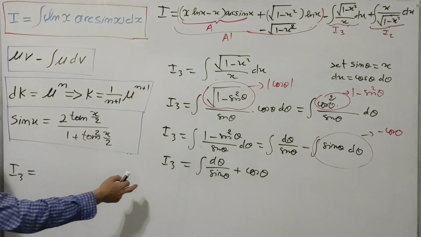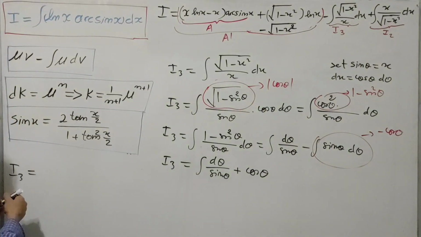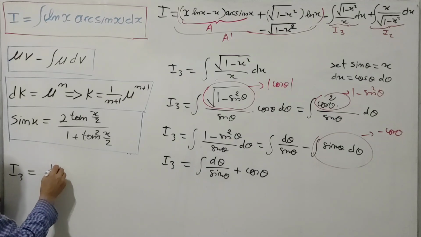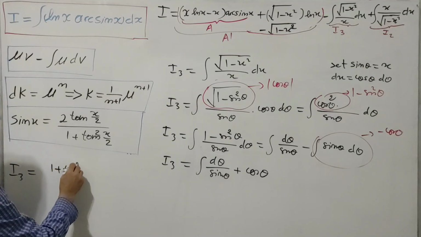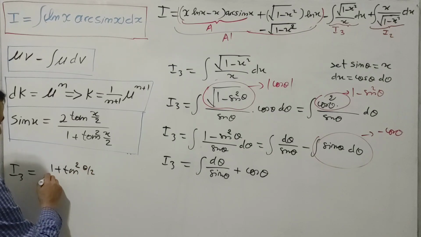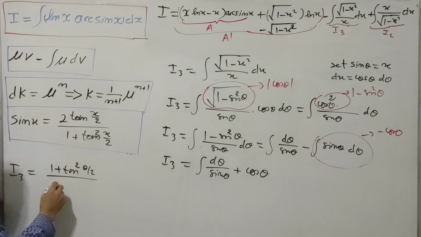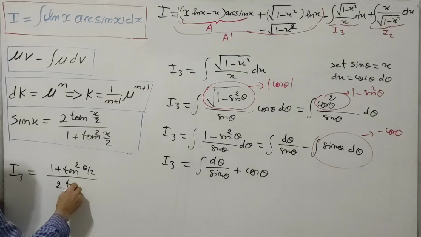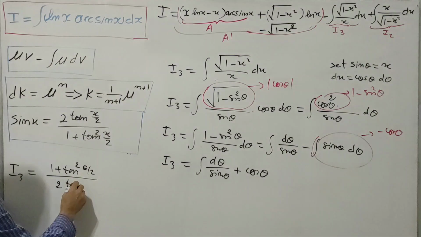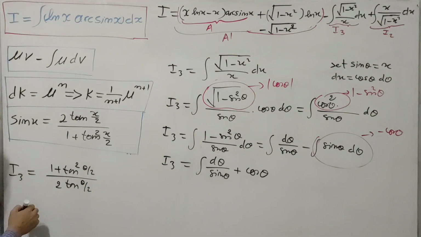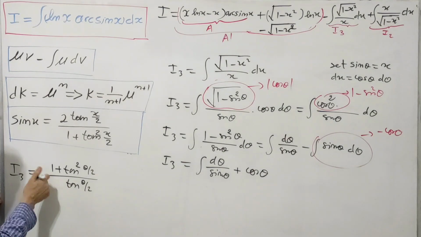So by taking the inverse, it gives us I3 equals 1 plus tangent square theta over 2 divided by 2 over tangent theta over 2, multiplied by tangent theta over 2. Okay, so by taking this half outside of this integral